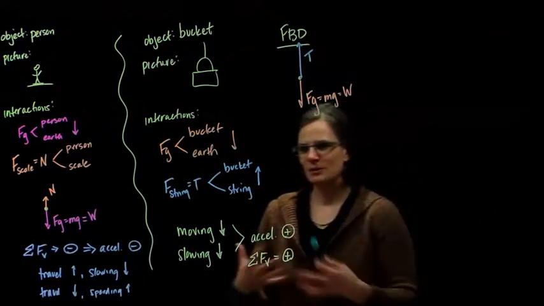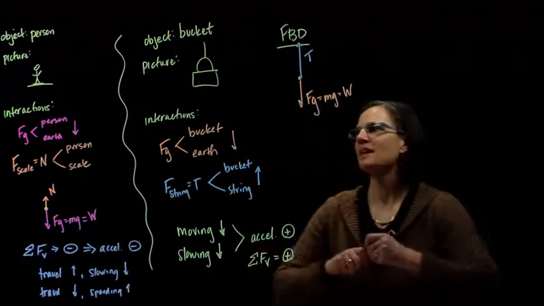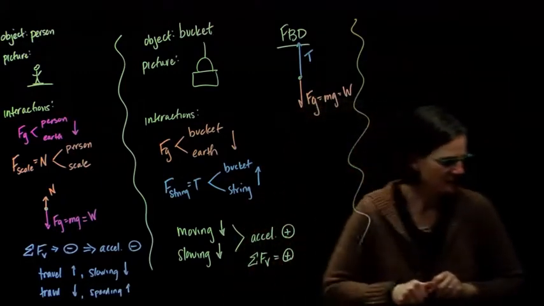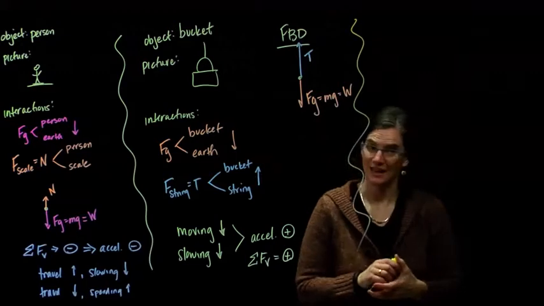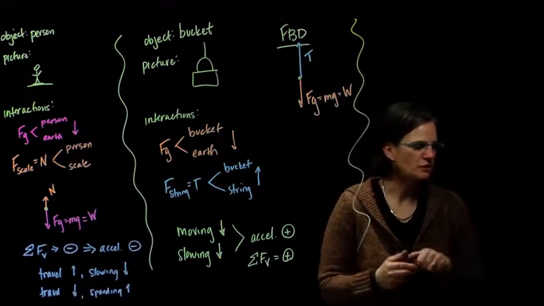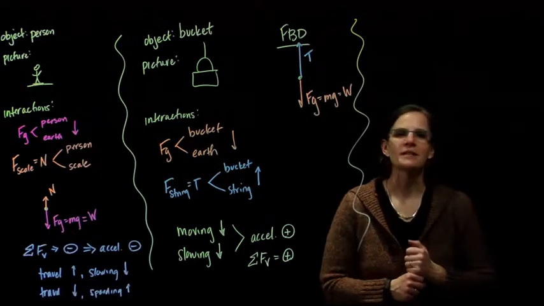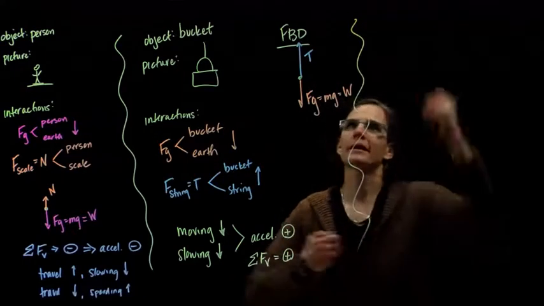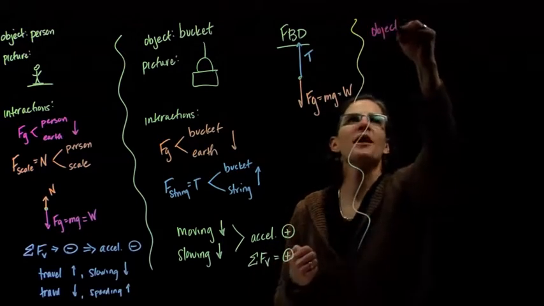All right, using these ideas just to conceptualize what is happening, let's try the third one. The third one says you are raising a bucket out of a well. Is the tension of the rope on the bucket greater than, less than, or equal to the bucket's weight if you're raising the bucket at a constant velocity? Okay, well, we got our bucket again. So if we think about our object,